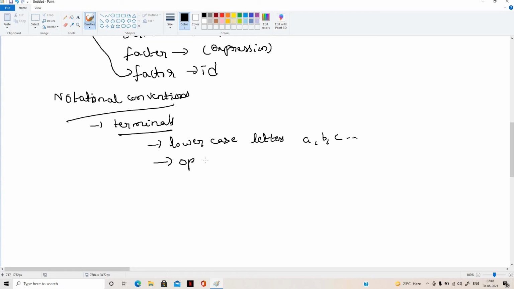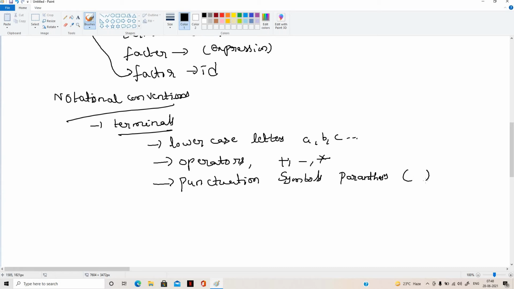Similarly, operators we may also call terminals, like plus, minus, star. And punctuation symbols, like parentheses, brackets, and commas, we may call terminals only.